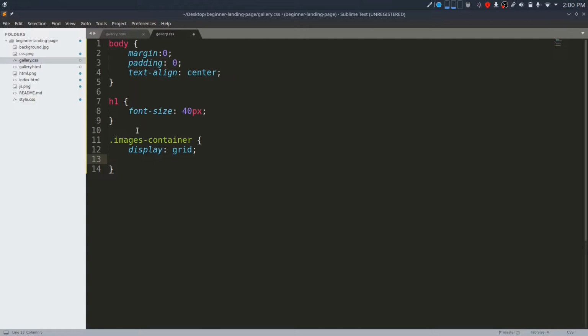To form a grid, you must specify the width of each column in the grid-template-columns property. To make 4 columns with each column occupying 300 pixels, you can do this. This creates 4 columns each with a width of 300 pixels. But there is a shorter way to write this using repeat. What I previously wrote and this are identical. So let me see how it looks in the browser.